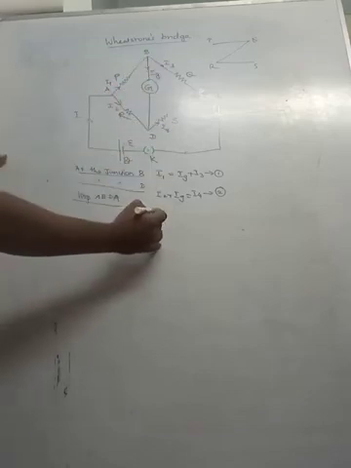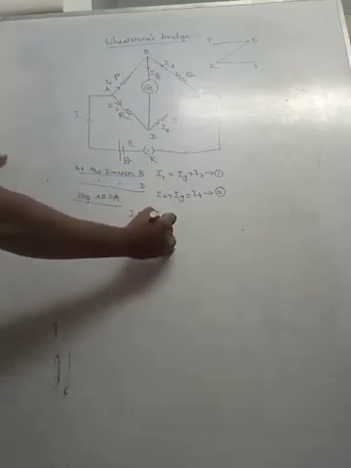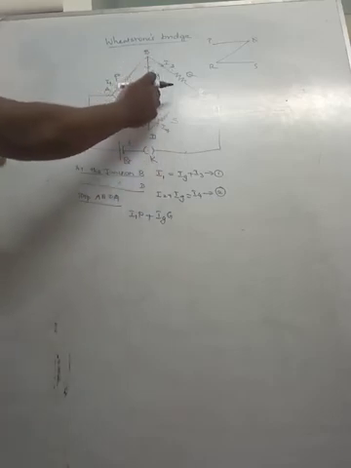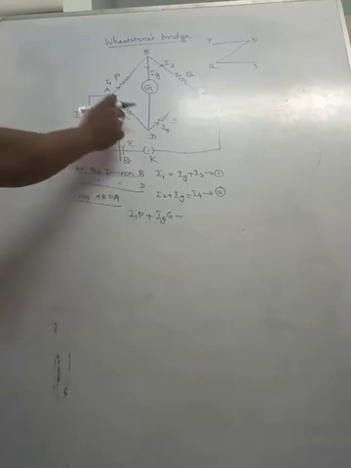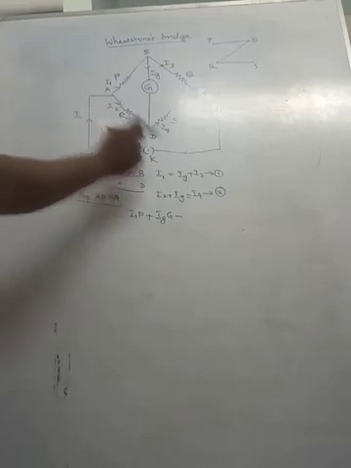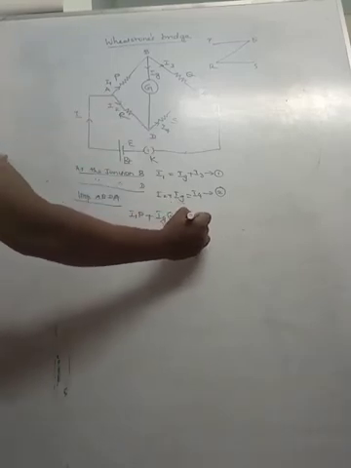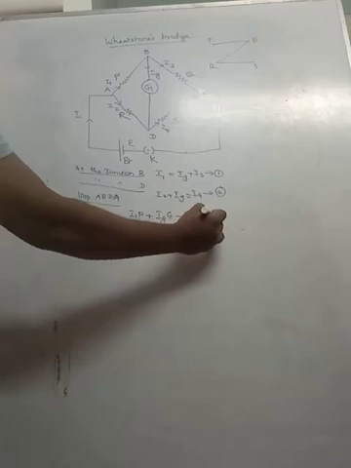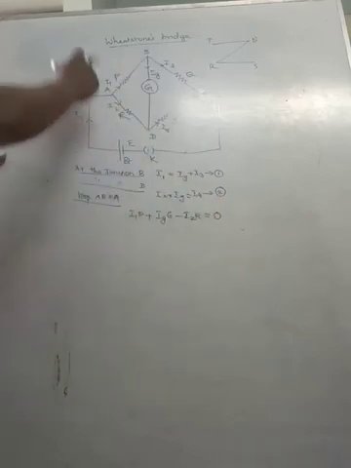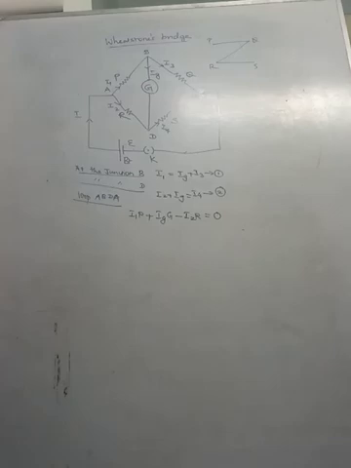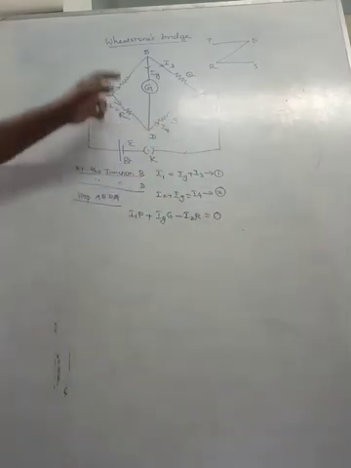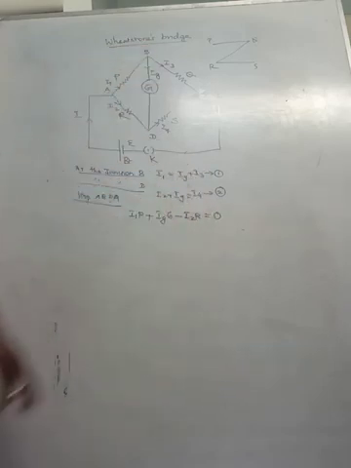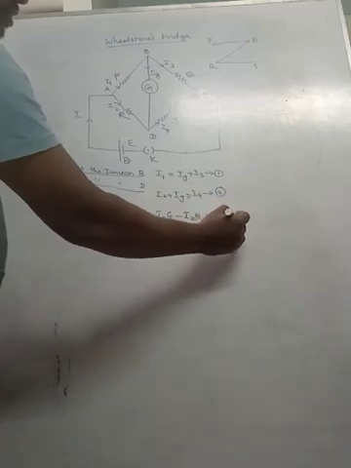Okay, now IgG: Ig is the current and G is the resistance, with a minus sign. Why minus? The current is coming in the anti-clockwise direction, so you use minus. So minus I2R is equal to 0 because there is no EMF. If there is an EMF, you can use E, but in that circuit there is no EMF, so the net EMF will be equal to 0. Take this as equation 3.